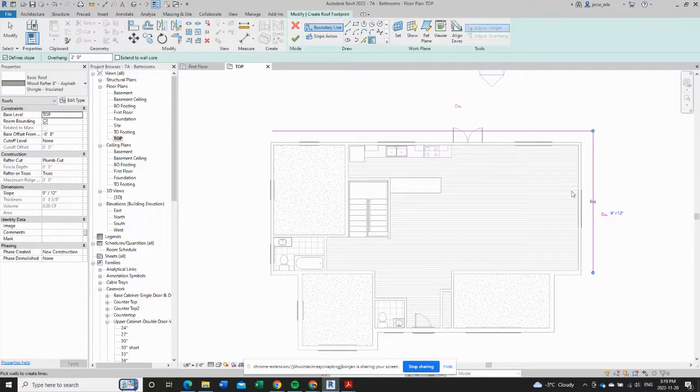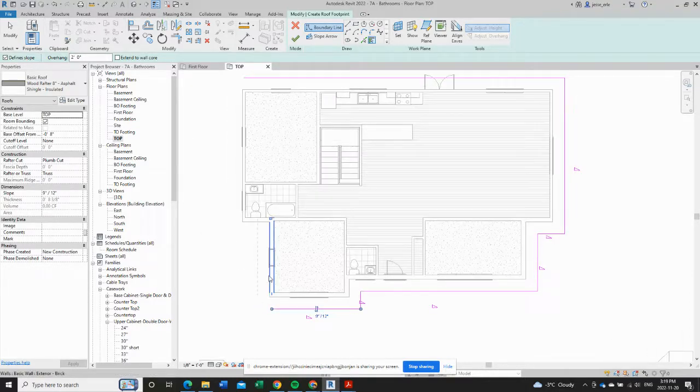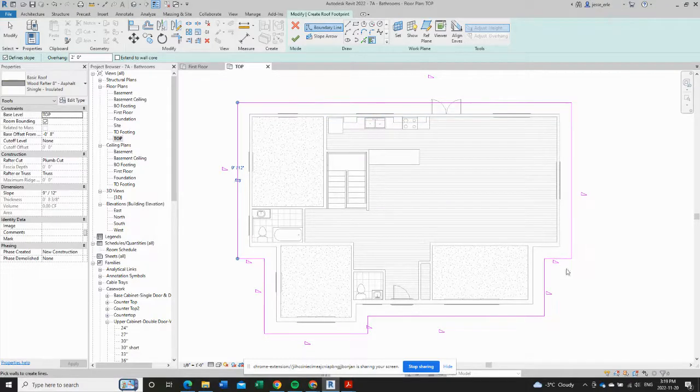I can continue to pick walls. What's really nice about this is it automatically extends lines to meet each other in corners as you add more walls to the roof plan. We're just going to go around clicking walls, and it's simply a matter of clicking every exterior wall on your design. You can see that Revit's put together a fully enclosed loop. You want to have a fully enclosed loop in order to generate a roof. Once that's done,